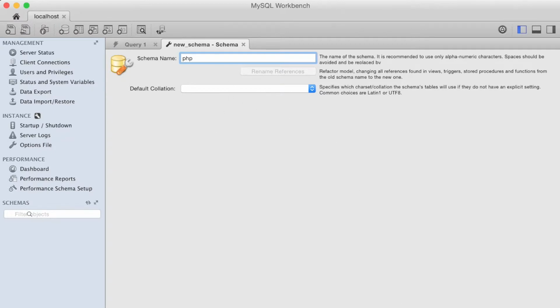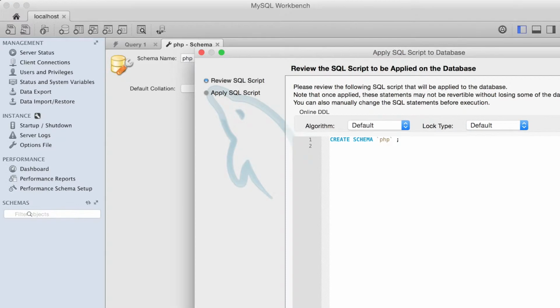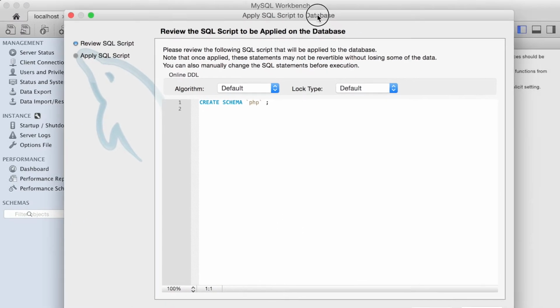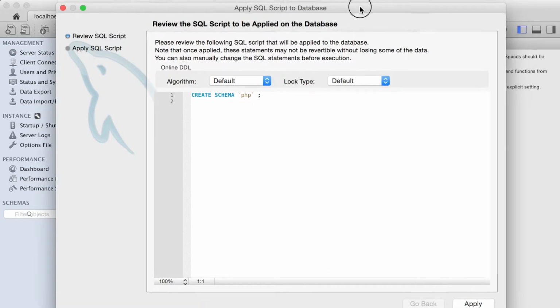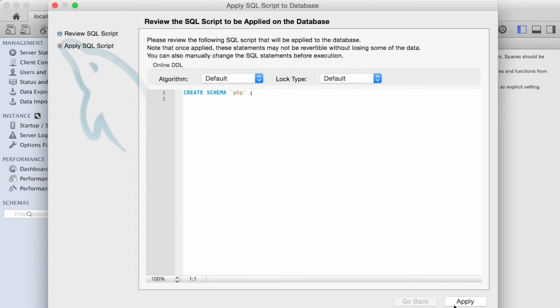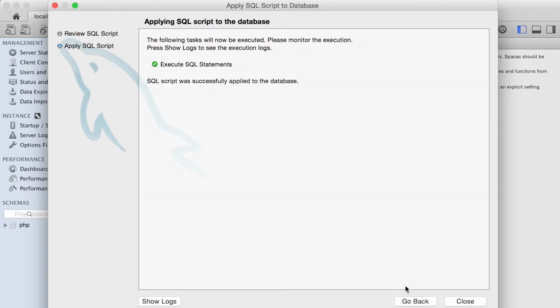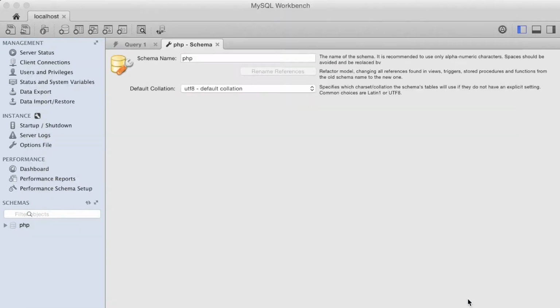Down at the bottom of your screen then, there should be a button that says Apply. I'm going to go ahead and click mine, even though it's a little out of frame here. It'll then come up and show you the little bit of MySQL code that it's actually going to write on your behalf in order to create that new database. So there it's going to create schema php. Again, I'm going to click apply. That executes that SQL code,